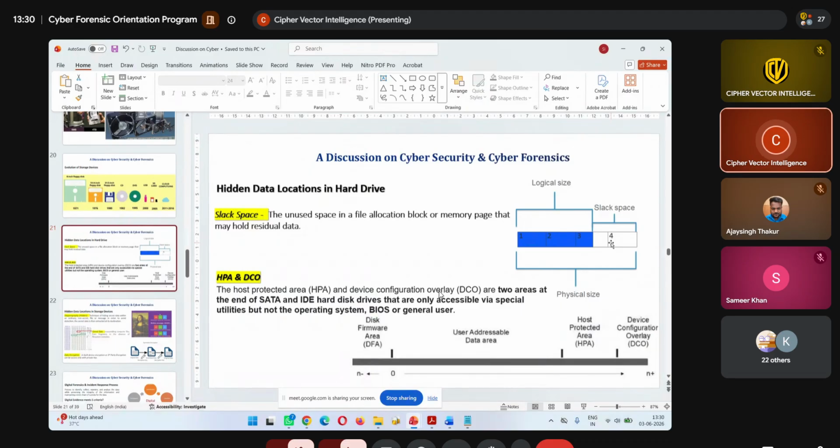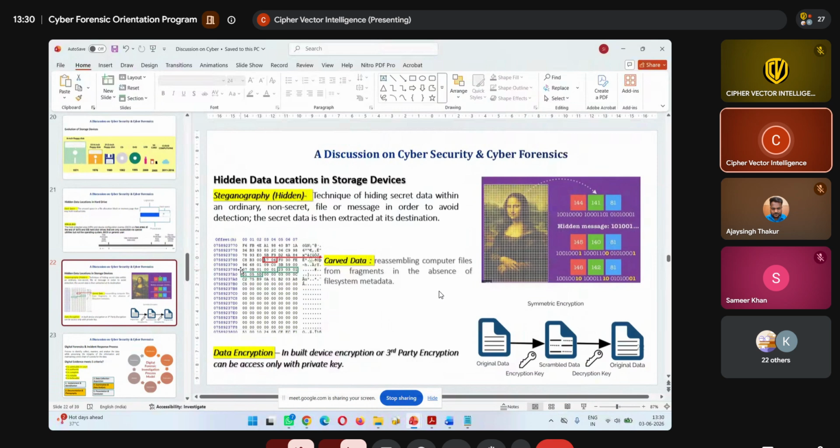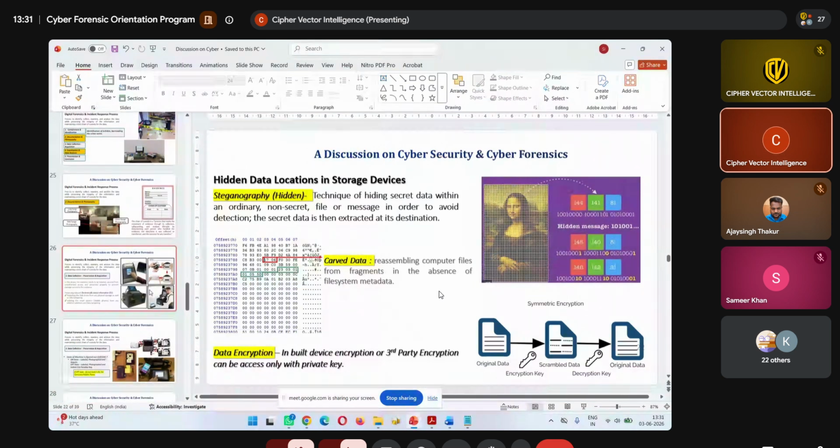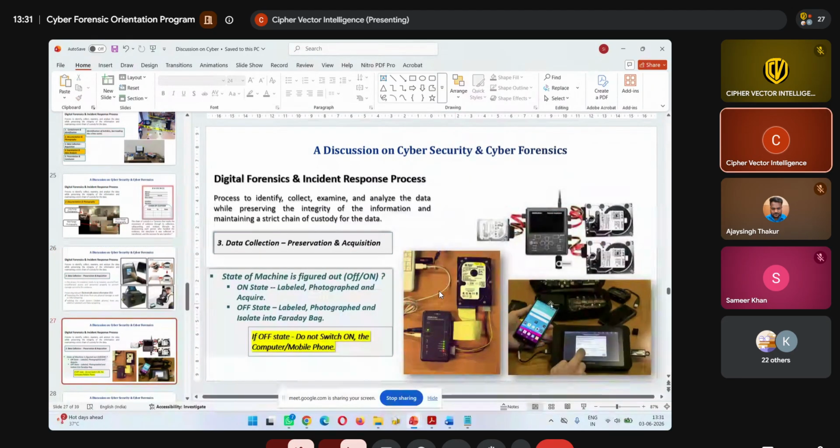We are going to study these kinds of things in DF, and we also learn about steganography and how to extract carved data. Let me show you quickly because our time is almost up. You can see here a forensic duplicator for cloning and imaging hard drives and SSDs, and for extracting mobile data also. There is specialized software and hardware to recover deleted data of WhatsApp, Instagram, Telegram, your file system data, gallery data, photos, and videos from your